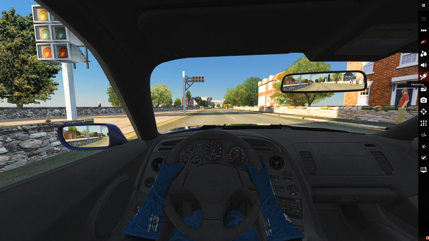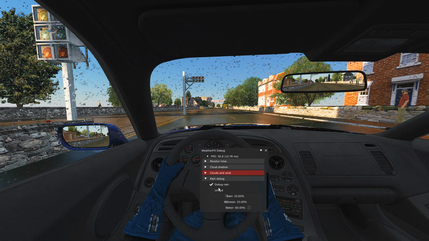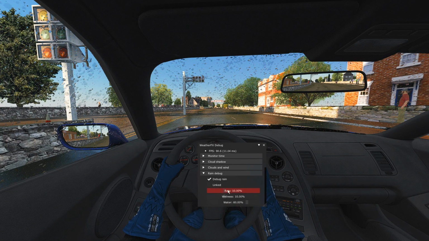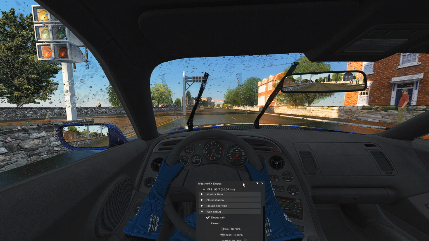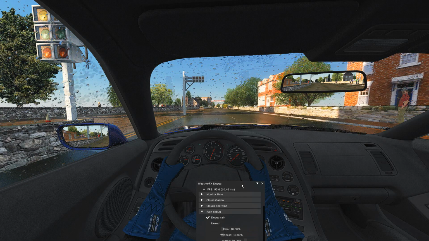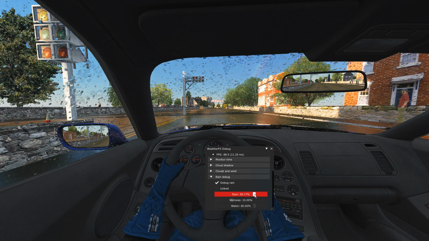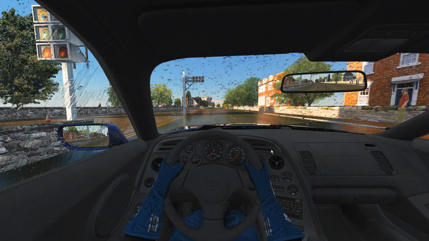But the problem is that you will not see it with this amount of rain if I move it like this. But when you put a lot of rain,